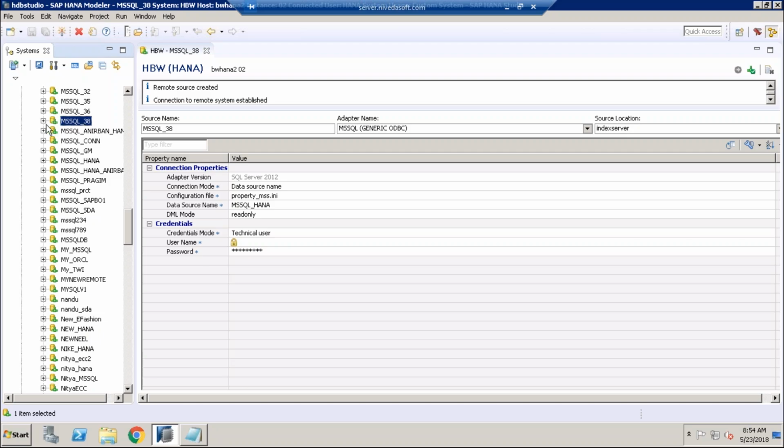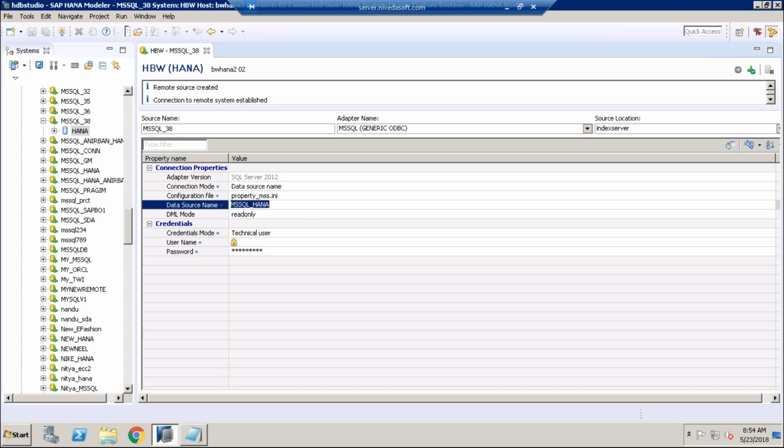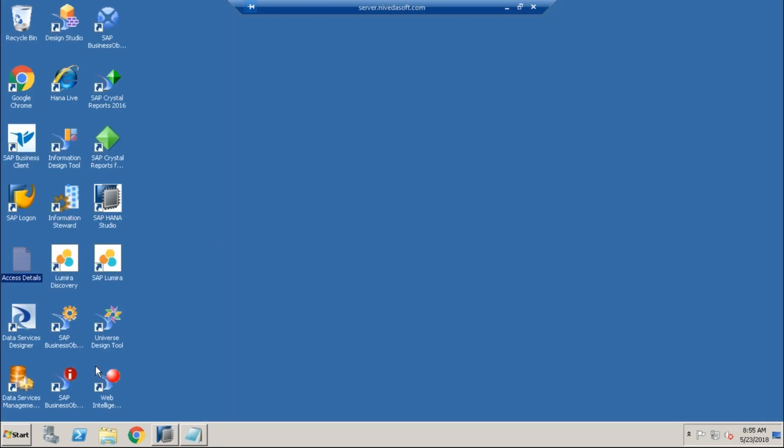So once I add this Microsoft system as a remote source, I just click on plus. You see HANA, and in the HANA content, the data source name is MS SQL underscore HANA. I gave this data source and I gave the database as HANA. And if I go to the Microsoft system now,